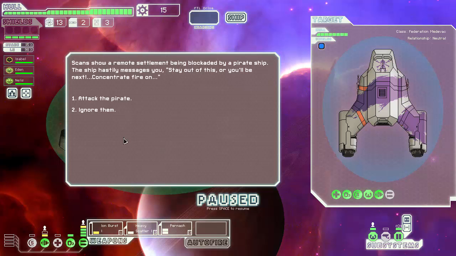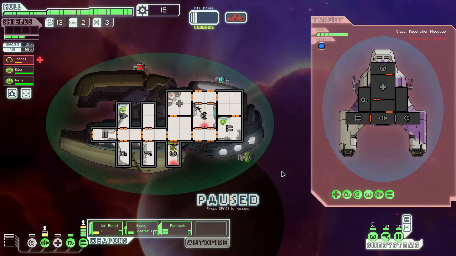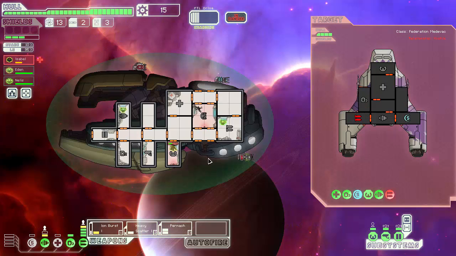Skyshow remote settlement being blockaded by a private ship. The ship hastily messages status or it'll be next, concentrate fire on me. So yeah, this is a good notice of that light lasers passing through Zoltan shields. It's been told to me twice already. Three fuel, 3 missiles. Their weapons are offline. My crew is no longer any form of danger, so...